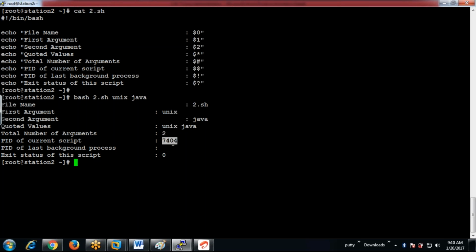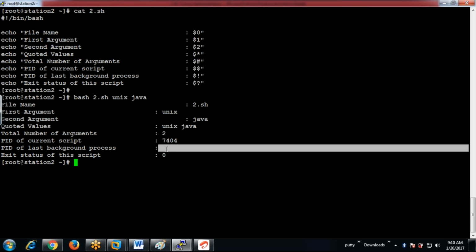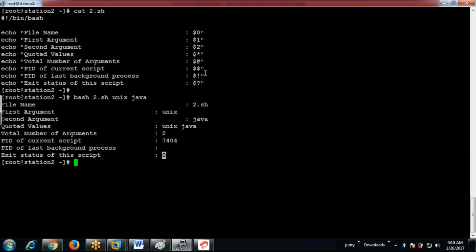So the next one, the PID of the last background process. I don't have any background process running, so it is empty. And the exit status is 0 because this script has been executed successfully. Now say for an example,